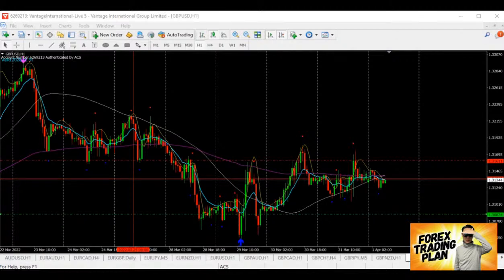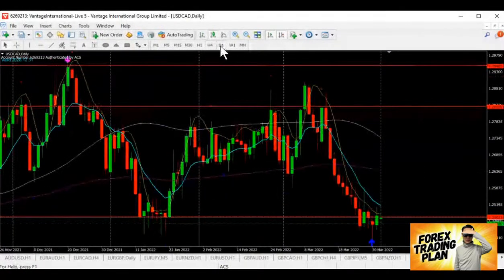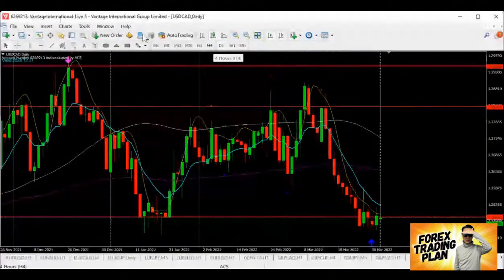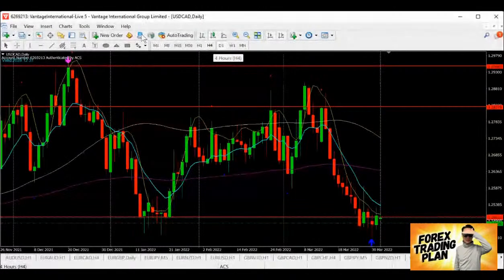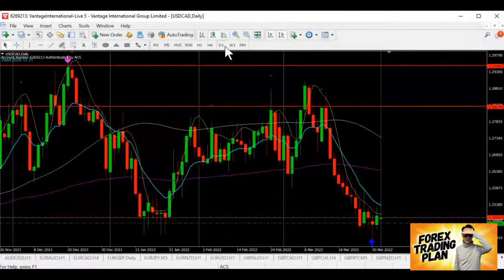Okay, all right. So how about dollar CAD? Today the dollar is going to non-farm payroll. I'm not making any prediction, but looking at this situation right now, everyone is actually looking at buying dollar, and I guess the employment rate should be a positive one for America. And by looking at this, I'm going to skip dollar CAD.